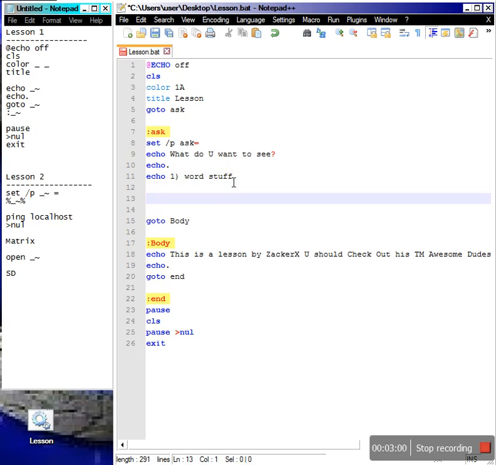So we're going to leave a blank line and then go down to if %ask% equals 1, go to body. And then down here, if all else fails, I'll teach you what that's going to do in a second. So we're going to enter an echo 2, and then over here I'm going to teach you how to do matrix. So C matrix,